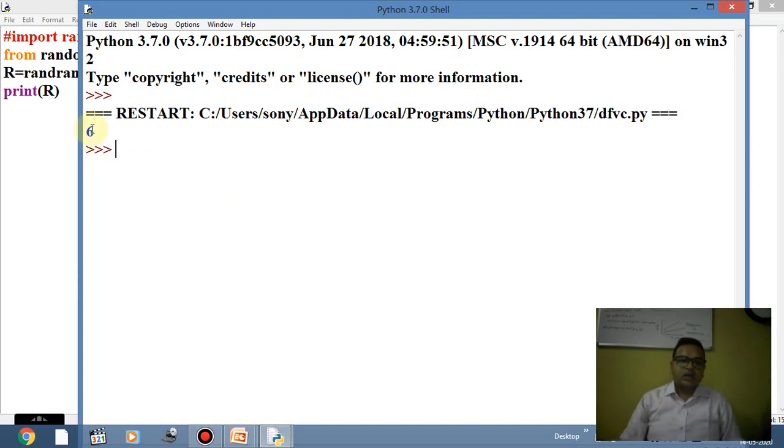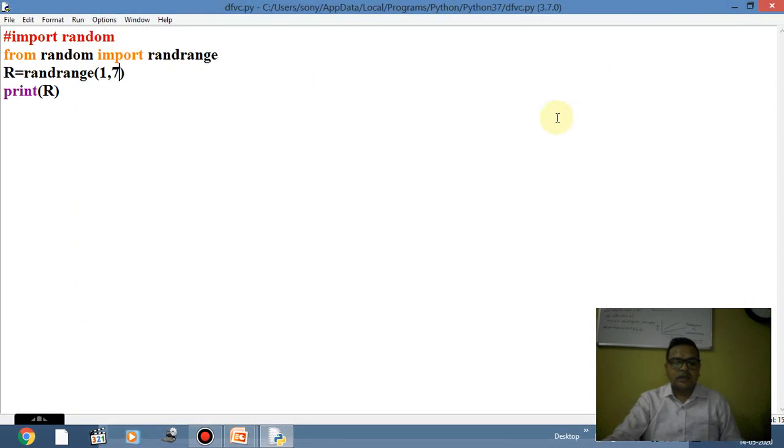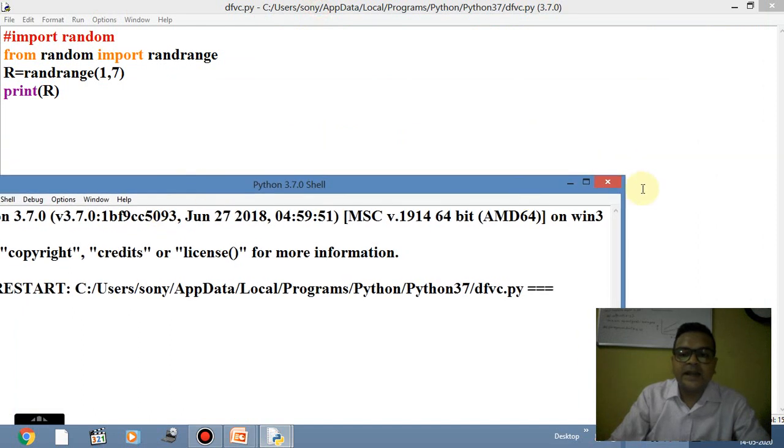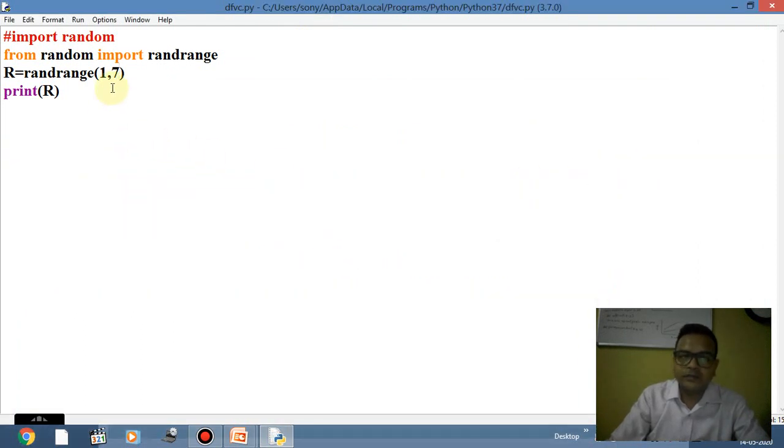Okay. So I think students, this will be clear to you that the randrange function needs two arguments, the start and the end point, where the end point will be excluded, but the starting point up to the end point minus 1 will be considered. Every time we run the program any value may come, so we cannot expect that we will get this same value. So this is basically a way of how the dice program is made. It can be done with the randrange function. Clear? So if I use it in this way, that is the method.